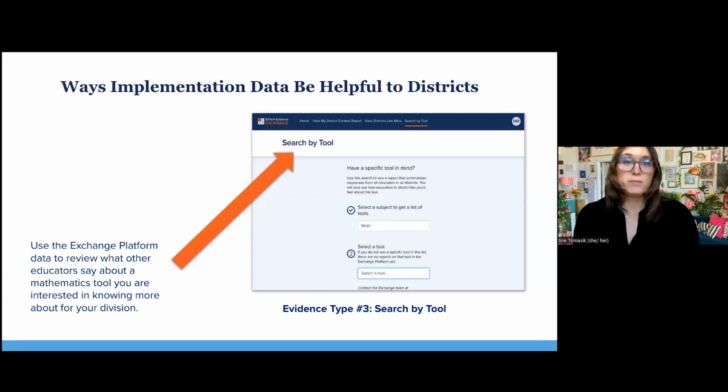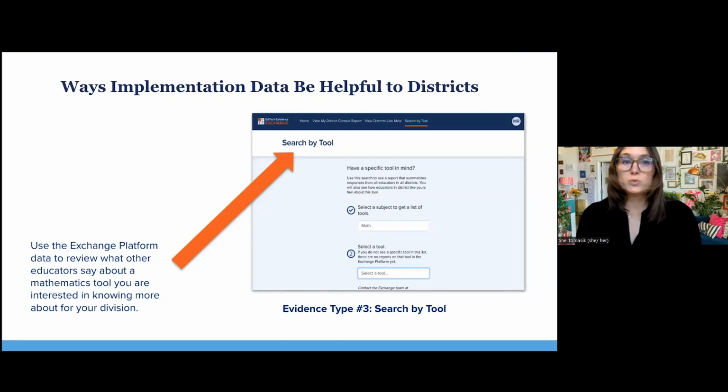The third type of platform evidence partners can access is an implementation report by tool. There is a way to search for a particular technology and see what all users in the Exchange platform who have reported on that tool have to say about it.